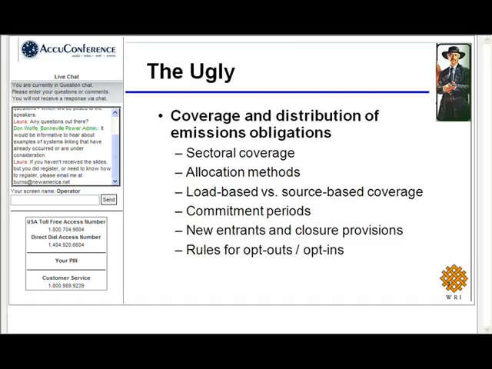Similarly, commitment periods or compliance periods. If you have one system that requires annual true-up and another that's every 3 or 5 years or something like that, there may be some issues that arise in that context, but it shouldn't be a deal breaker in terms of how the system functions. One area where it could be a problem is if you're talking about